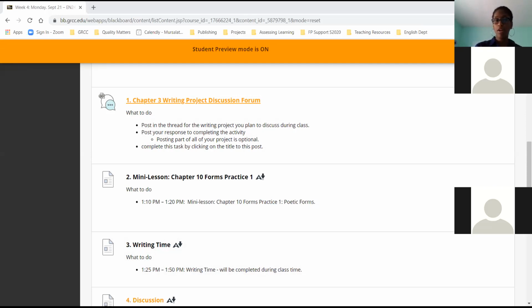I think this is part 2 of our text. Part 3 is looking at specific forms. And so I want to get you a head start by pushing you to practice poetic forms and fictional forms. So my suggestion is that you just read through chapter 10, the introduction, basically the first couple of pages that